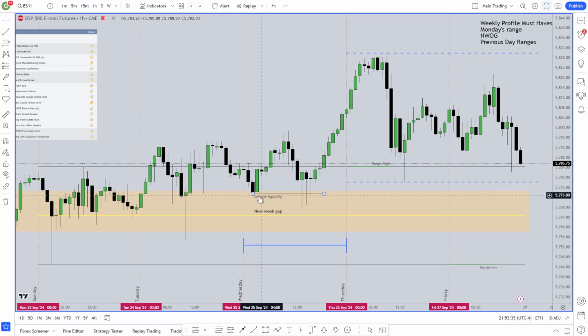And then on Wednesday, we're looking for some sort of internal liquidity sweep, which we get here. We're still bullish, even though price is coming back inside of Monday's range. And then this actually happened all in the overnight. So we ended the day at 4:45, right in between here. So overnight session really ran this high. So that's an easy frame for Thursday to use that new week gap, but understanding that the overall profile is